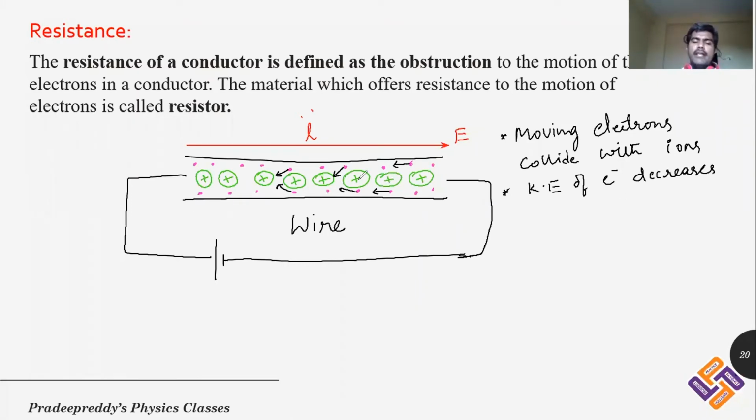So some part of the kinetic energy of the electrons is lost, because the ion is very large in size compared to the electron. Therefore, an electron with greater speed comes and hits the ion, and as a result it loses its kinetic energy to the ion. Now what would happen? This ion absorbs some energy. As it is absorbing energy, definitely it should release energy. Therefore, each time an electron is losing energy, there comes out some heat lost in this process.